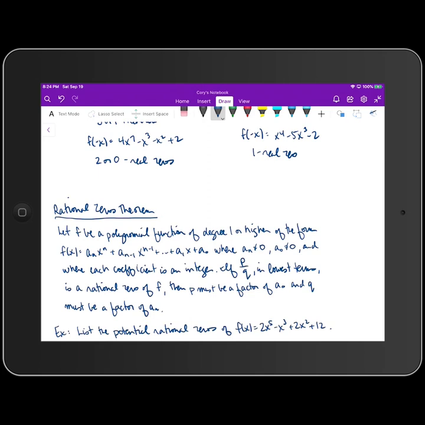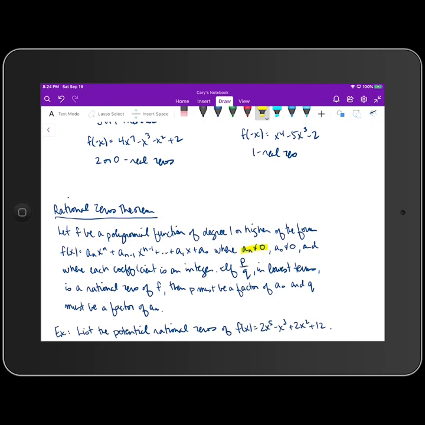So that's going to be the function f of x equal to a sub n times x to the n power plus a sub n minus 1 times x raised to the n minus 1 power plus all the way out to a sub 1 times x plus a sub 0, where a sub n cannot be equal to 0,